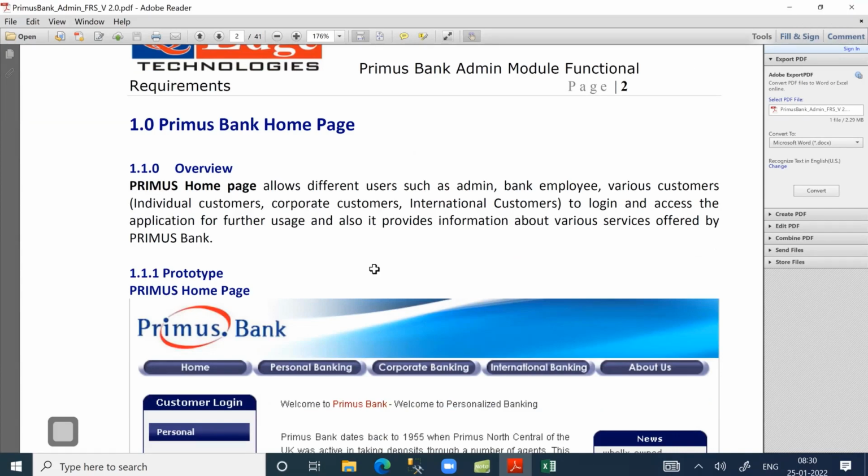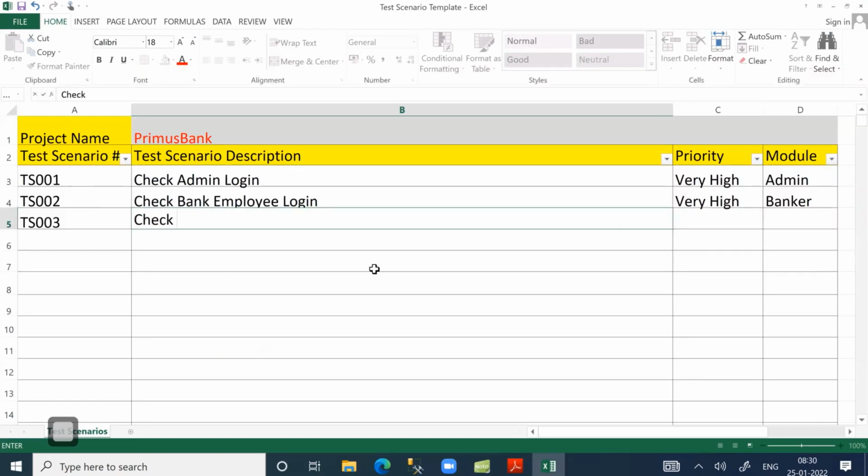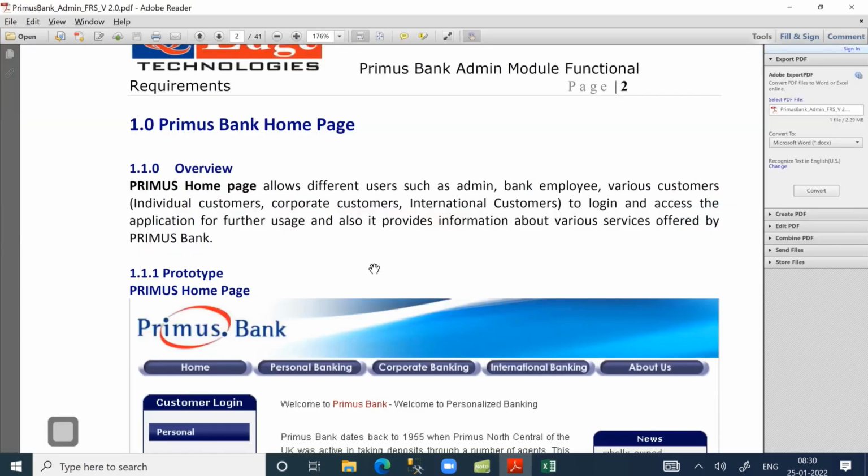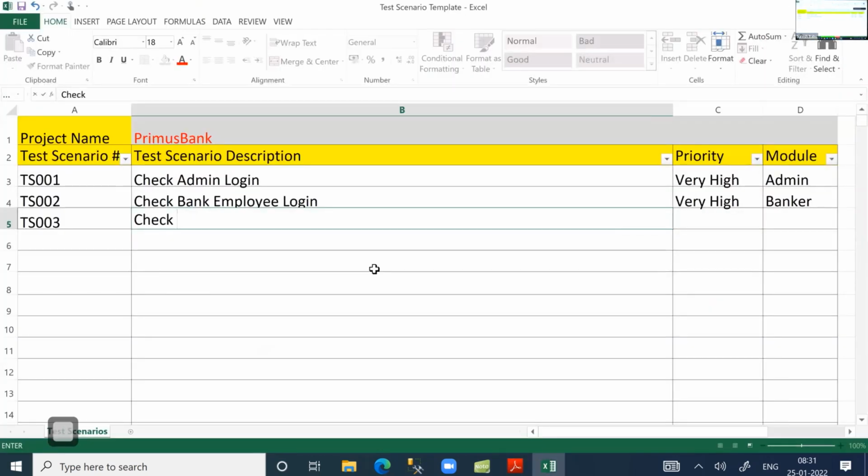Customer login. No. If you simply write customer login, maybe the other people who are referring our document may understand there is only one type of customer. But here, individual customers can log in, corporate customers can log in, even NRI customers also can log in. So that should be clearly mentioned. Rather than writing customer login, better check